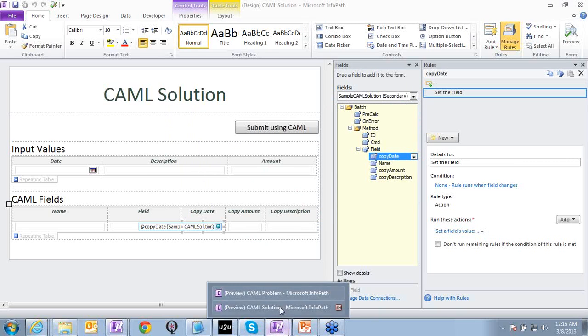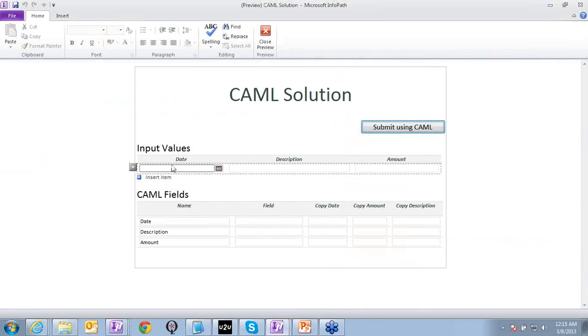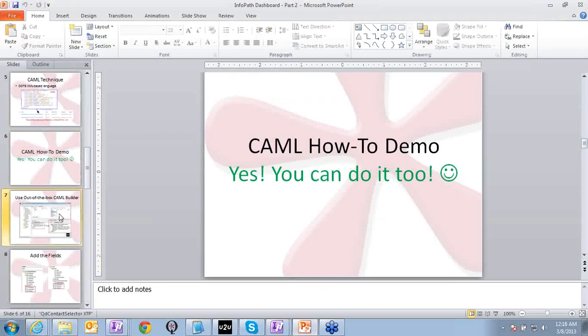So to show you how that works, this is the CAML solution form, and just filling it out again to show you that it's now copying the values into the field of the CAML template. So that's how CAML works. Once you've got the field copying here correctly, you can now submit the items, the repeating items, to the SharePoint list. So going back to my slide here,